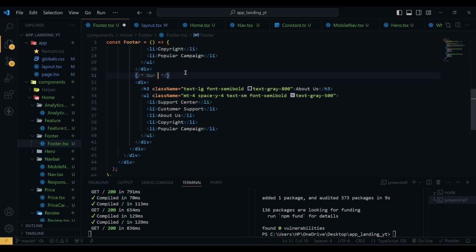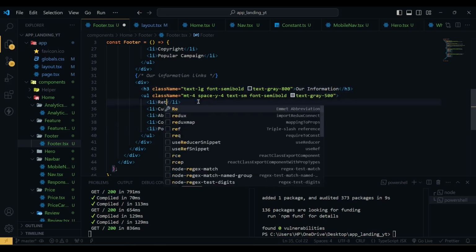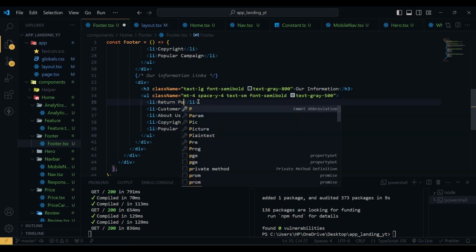So our information link, and here the h3 will be our information, and here we'll have the return policy,